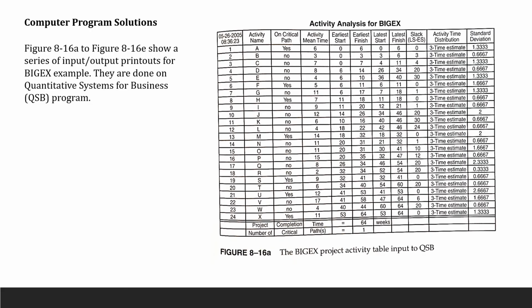So now we come into computer programs. Computer programs are easy because you don't have to do it step by step anymore. All you have to do is feed the data and it's going to give you the result. So here, 816, the BIGEX project, big X. Activity table input: we're feeding the data to your QSB. QSB is just a software that we use, Quantitative Systems for Business. That's why we use a quantitative system to calculate everything that we want to know about the project, your cost,